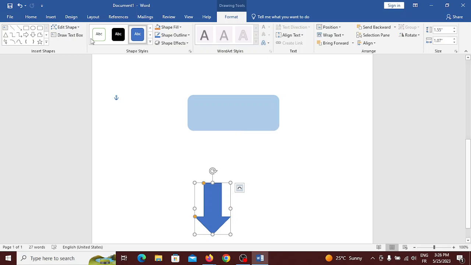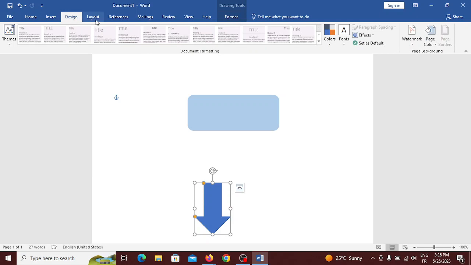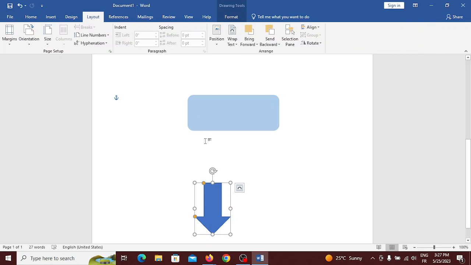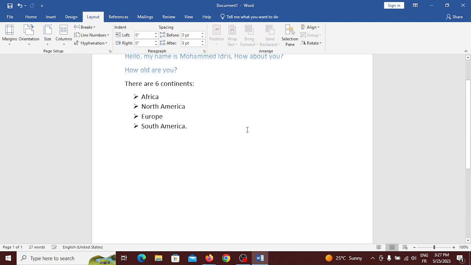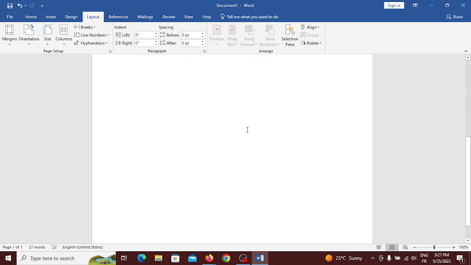Okay, let's, for example, go back. You shouldn't be concerned with this tab design. Let's go to the layout tab. Let's clear everything up. Let's delete everything. Delete. Okay,